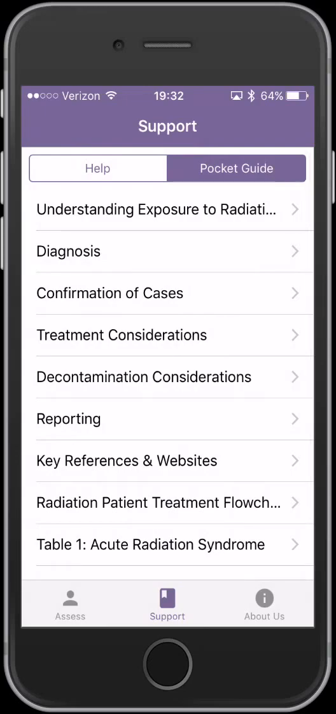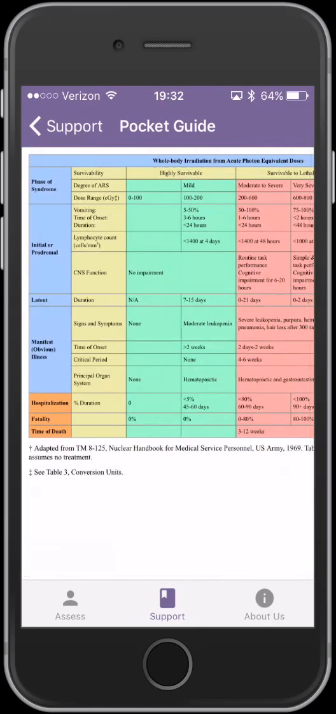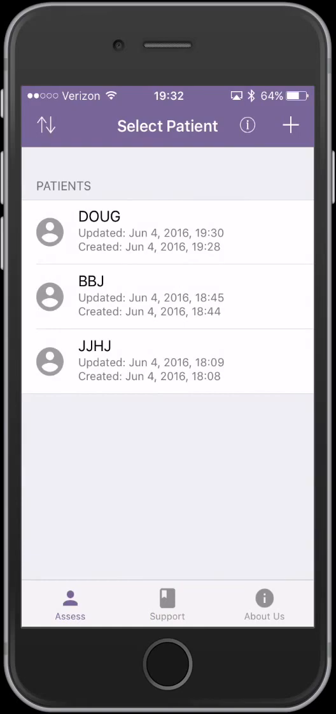And the tables and graphs that are here are high quality, but they don't rotate into landscape view, which is kind of a bummer. But this app is free, so you can't expect it to be perfect. So overall, I think a nice addition to the App Store, particularly for those who are first responders or emergency medicine, radiologists, or anyone in the military who may have to care for patients who have